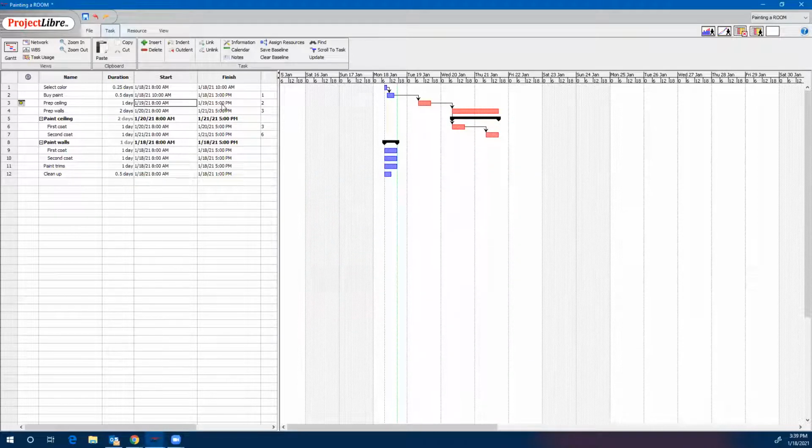Close it. So then this changes automatically. For prepping the ceiling, it's starting on the 19th from 8 a.m. And I said it's 1 day, so it takes it all the way to 5 p.m. the same day. Because I changed that, it should change prepping the walls automatically, but it doesn't do that. No, it does. So you have the 19th of December, then on the 20th, 8 a.m., 2 days it takes to